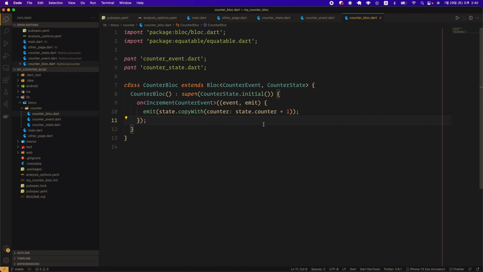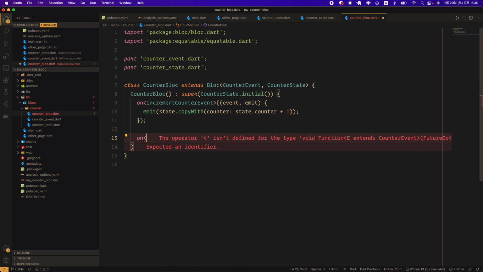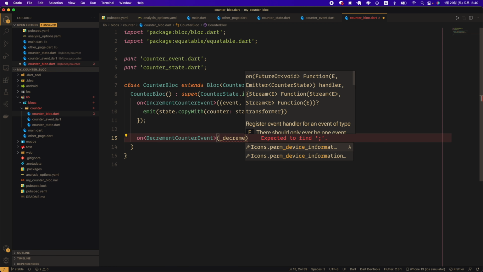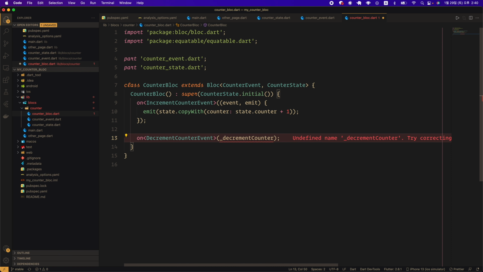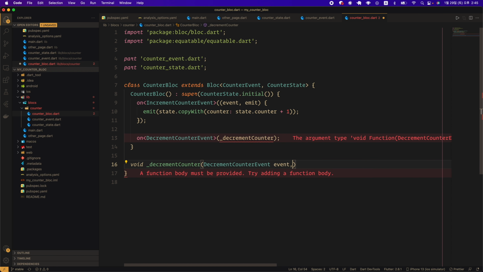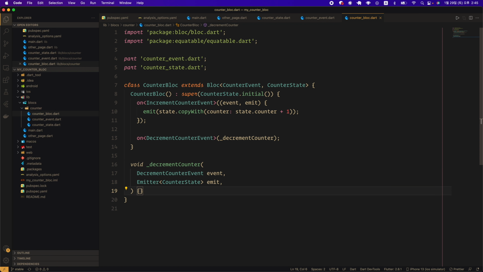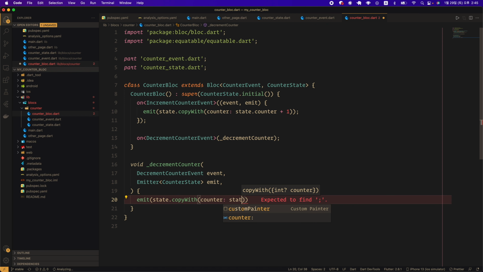In the case of a decrement count event, we will create a separate event handler function, _decrementCounter, to process the event. Although the processing logic of _decrementCounter is not complicated, if the processing logic is complicated, create a separate function like this to process it. The void type _decrementCounter function receives a decrement counter event type event and an emit function that is an emitter of a counter state type as arguments. Use the copyWith function of the state to create a new state whose counter value is state.counter minus 1